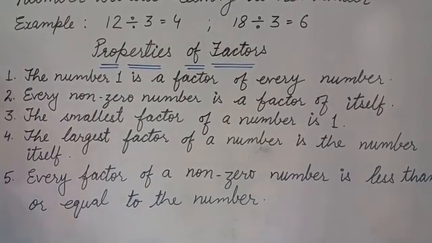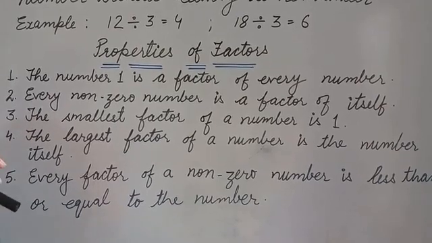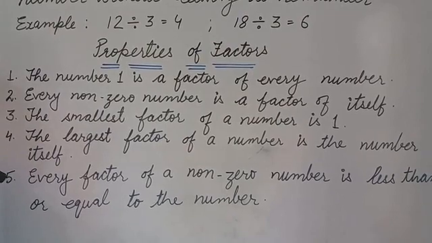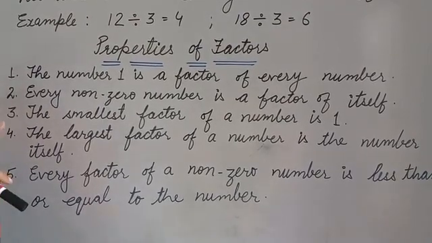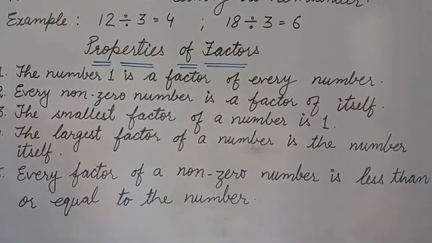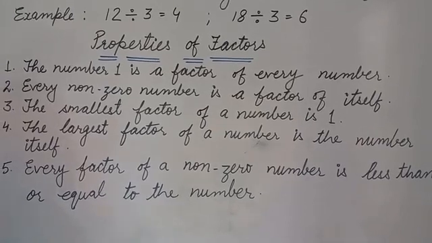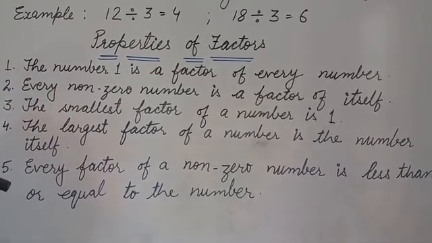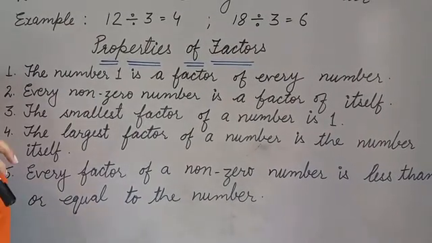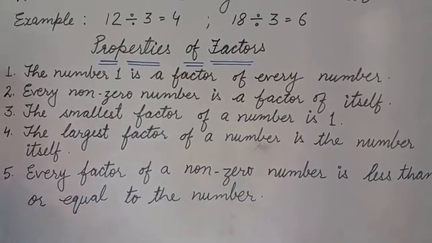Factors are never greater than the number. A number has no factors bigger than itself, because a number comes in the tables of smaller numbers. Any number comes in the table of a number smaller than itself. In the table of 5, 2 will not come as a larger table entry; the table of 10 will not contain 5 as a bigger table. A bigger number's table never contains a smaller number. So the largest factor is the number itself, and all other factors are smaller than the number.